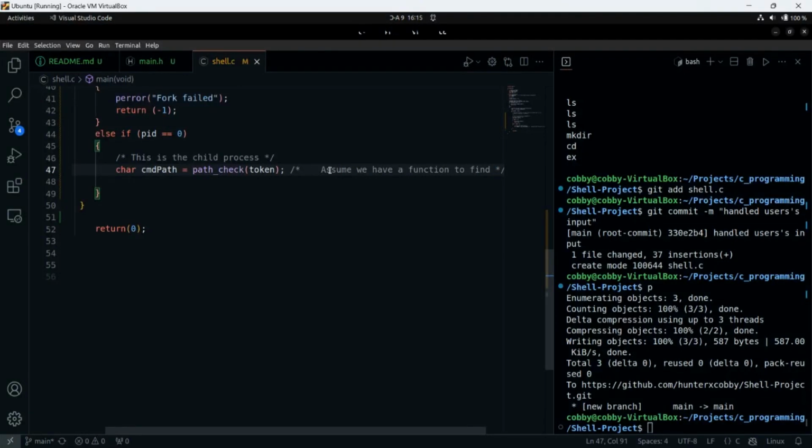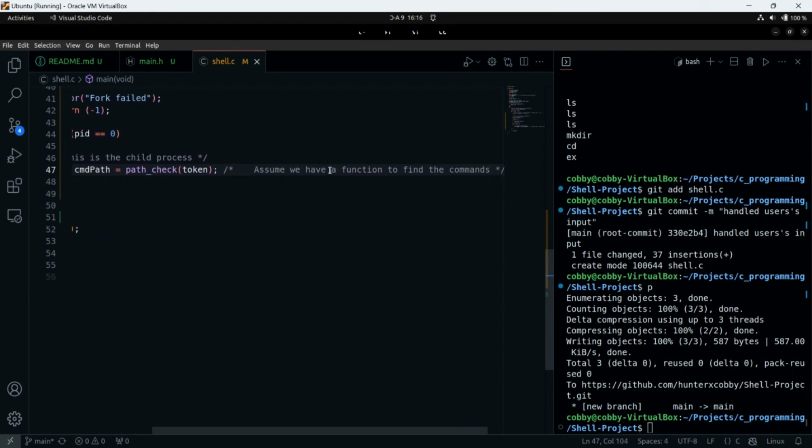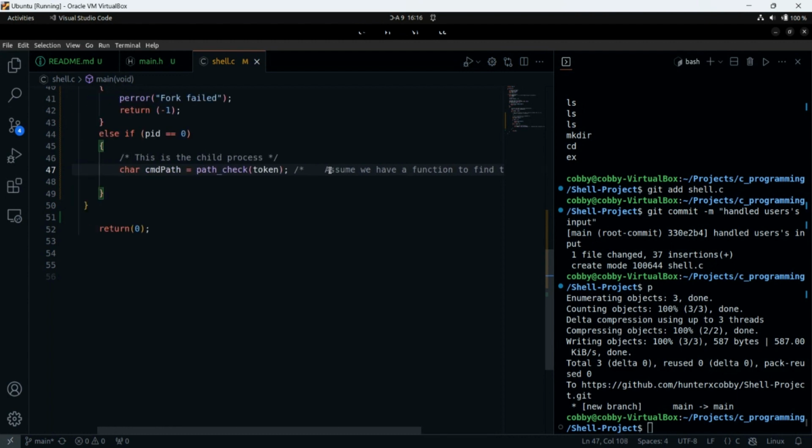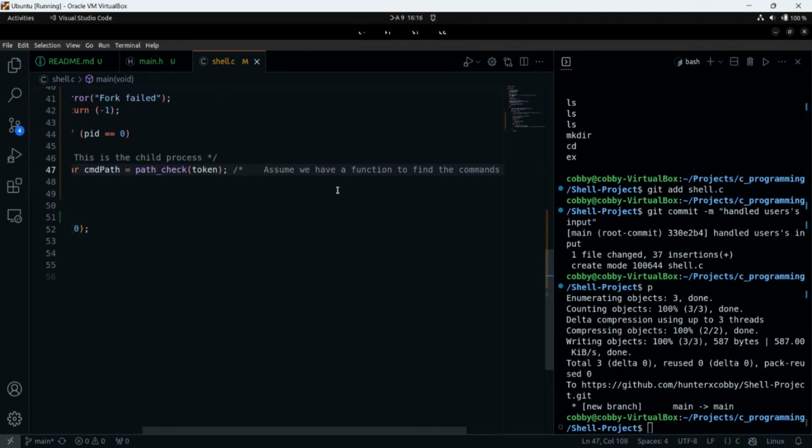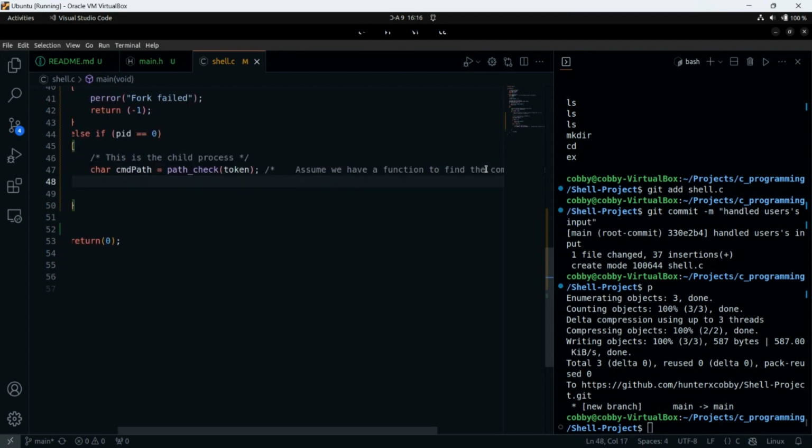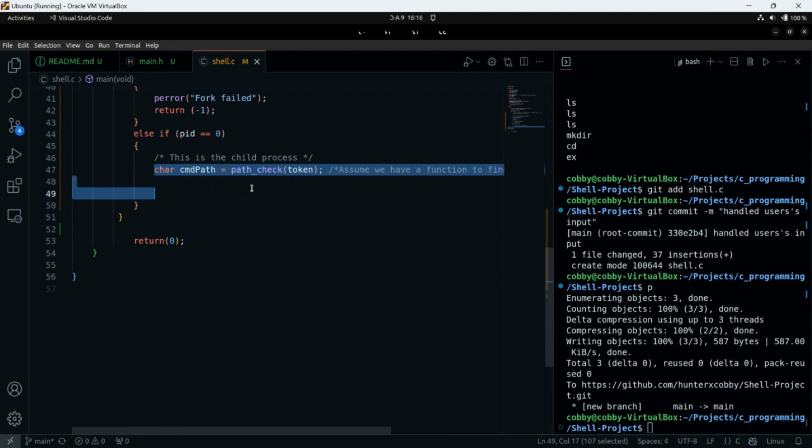I think that's what I used in the morning. Get path is also a very nice name, but let's use path check. So guys, don't worry about this line of code yet. We will implement this function later.